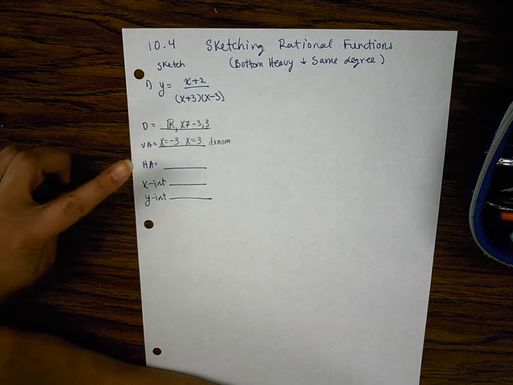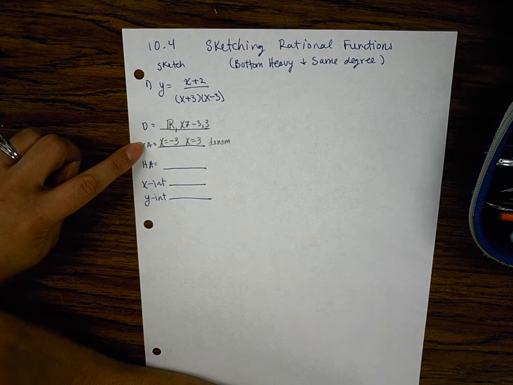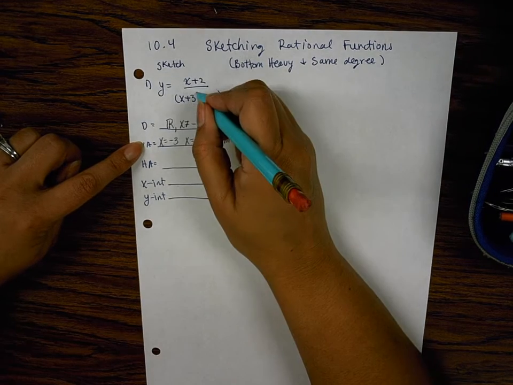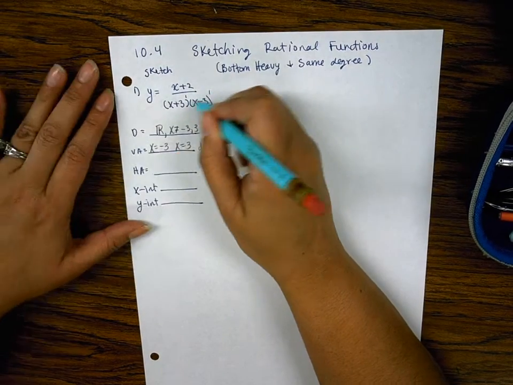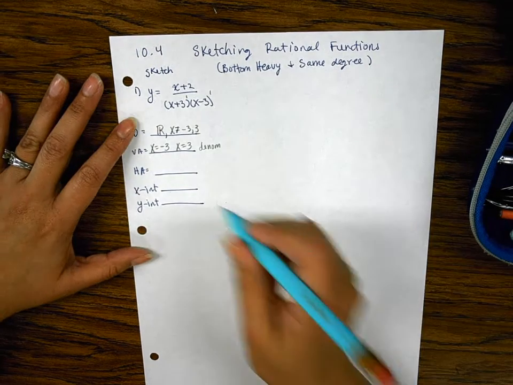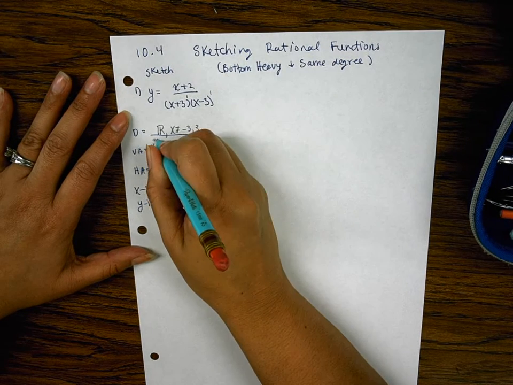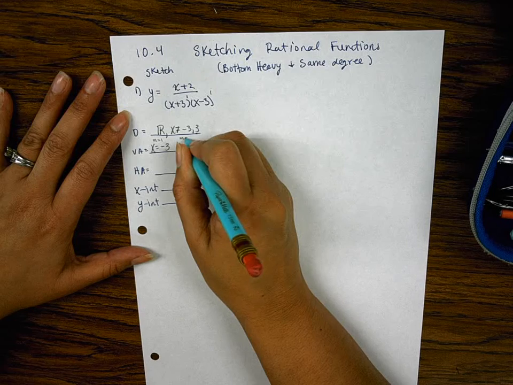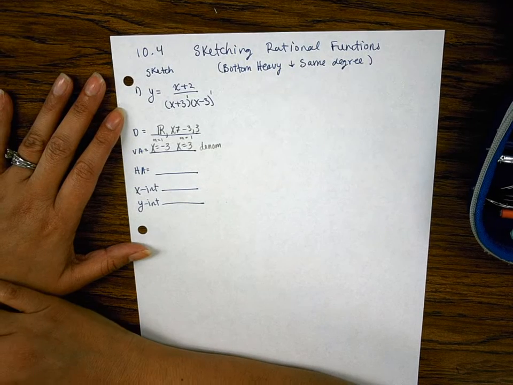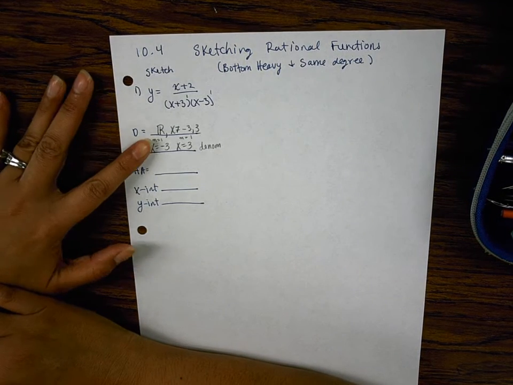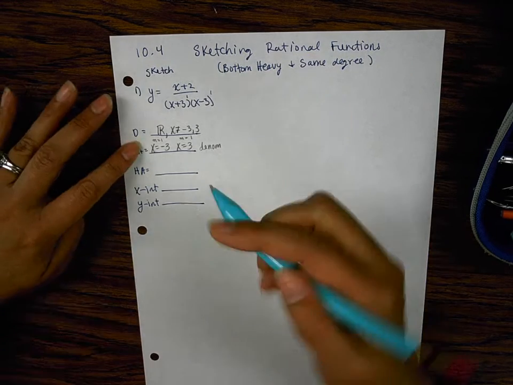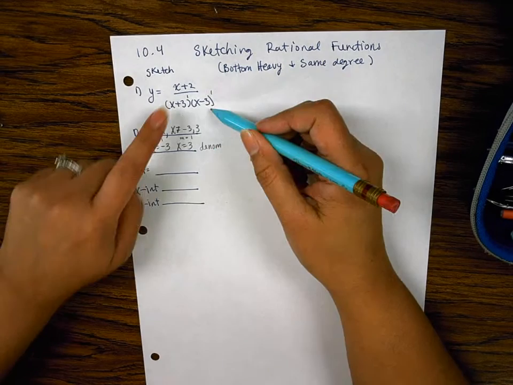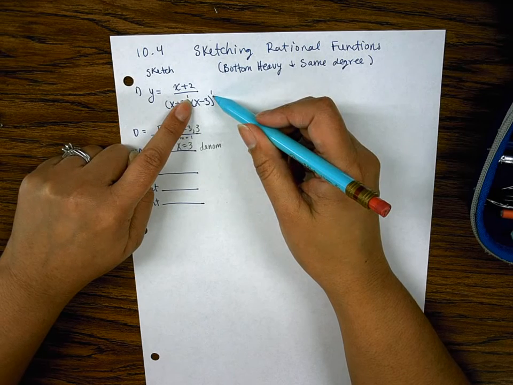We do want to now look at the multiplicity of where these came from. X equals -3 is coming from there. X equals 3 is coming from this one, and they both have a multiplicity of 1, which is odd. I'm just going to put a little m equals 1 on both of them. M equals 1 for multiplicity, which is odd. The reason I'm doing that is because we're going to come back to that in just a little bit. For now, just write it and recognize that these two came from the denominator, and both of them had a